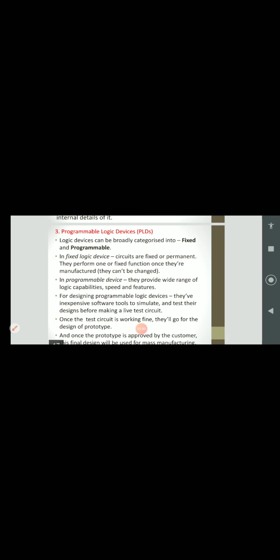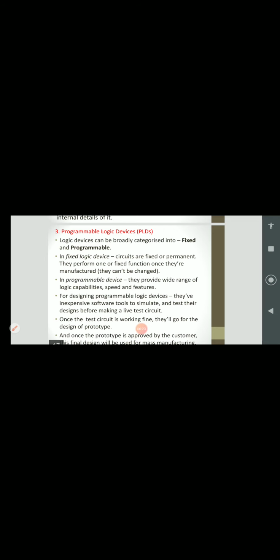And for designing programmable logic devices, they have inexpensive software tools to simulate and test their designs before making a live test circuit. Like in ADE we have used the Xilinx IDE.